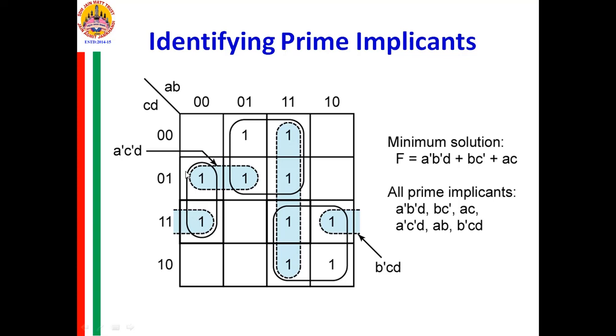Now, this pair of ones, if you observe, cannot form a quad with any other group of ones. Therefore, this is also a prime implicant. So there are three pairs of ones, whose Boolean expressions are A bar B bar D bar, A bar C bar D, B bar CD. Now all the prime implicants are not essential to write a minimum solution. While forming the groups of ones, as I said in a previous class also, we should take care that at least one is a single in a group. Based on that, we always get a minimum solution.